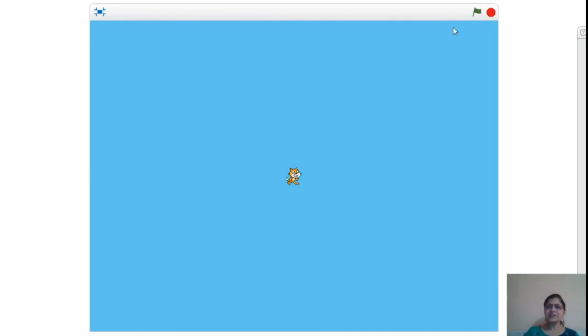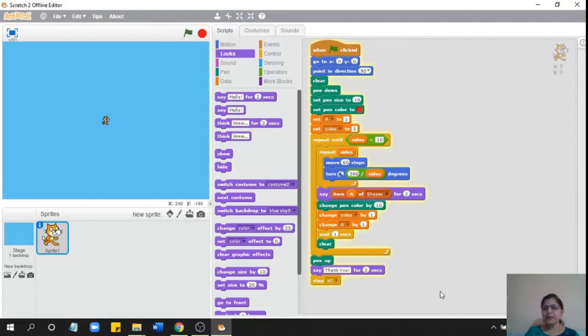So we have written a very interesting program today. You can also try this. There are a lot of concepts you have learned in this simple small program. First of all, what we learned was how to draw using the same code. We used a variable to change the number of sides, and instead of keeping repeat and a fixed number of sides here, we were using variables to change the number of sides it will draw in the polygon.